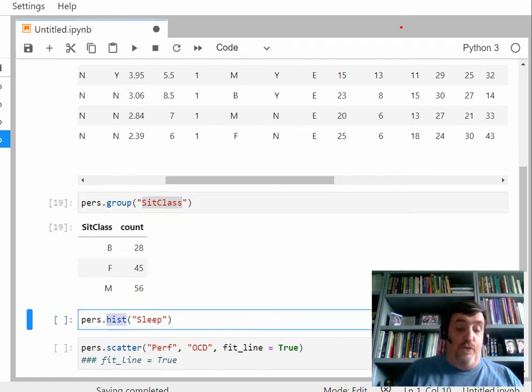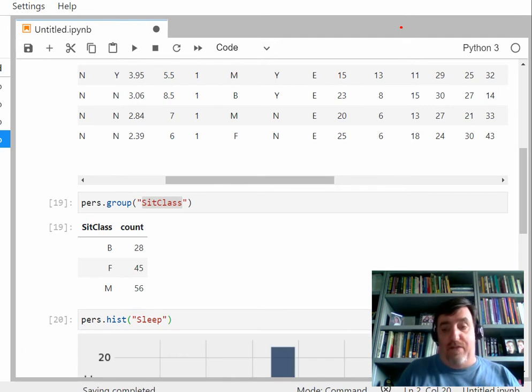Dot hist. If you know anything about statistics, yes, we do look at histograms. So I bet the dot hist is a histogram. And again, we just give it a variable. So the sleep variable is just the number of hours of sleep on average that they've gotten over the last 48 hours. We ask them the total hours of sleep they got in the last 48, and then we divide it by 2. So it should be an average per day or an approximation of that.